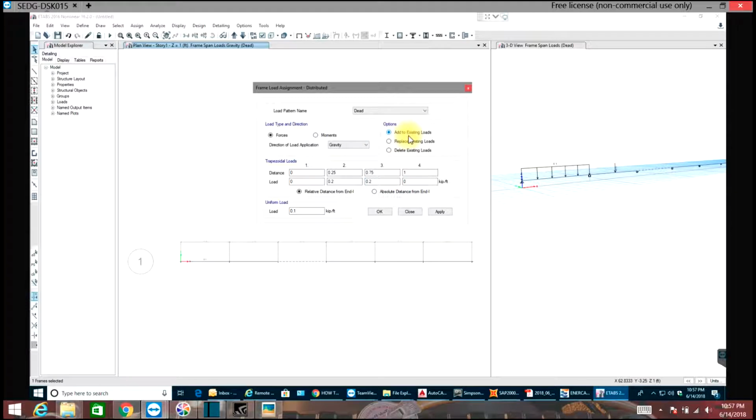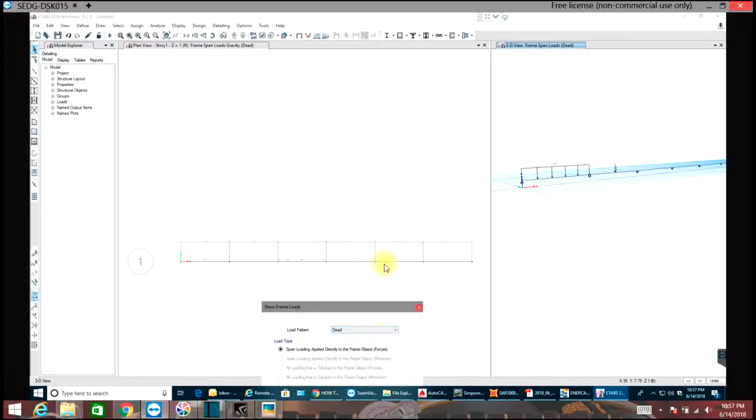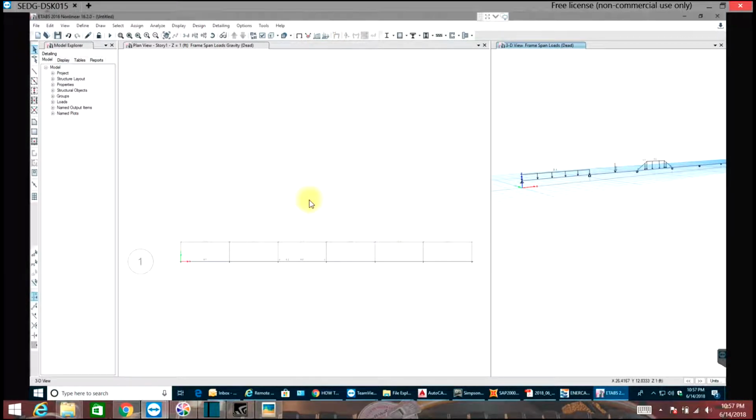I'll say add to existing loads over here. I'll remove this. I'll say 0. So now my load will be only added on that middle portion of that selected beam. I'll select OK. Now let me just see my load, if it's applied or not. So as you can see, it is applied,